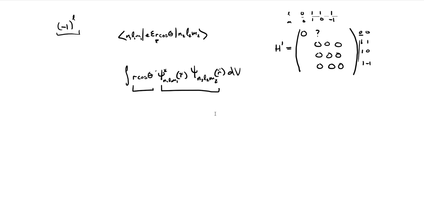So we've already eliminated having to do the bulk of our integrals, and the only possible non-zero elements of this matrix are the ones where we're looking at the coupling between an L equals 0 and an L equals 1 state. We can make our lives easier again by noticing that this perturbation depends on r and theta, but there's no phi dependence here, right?